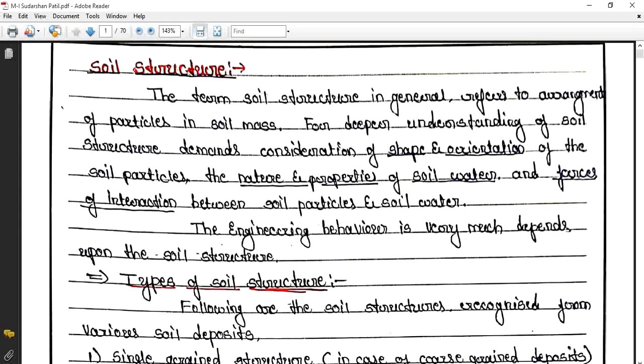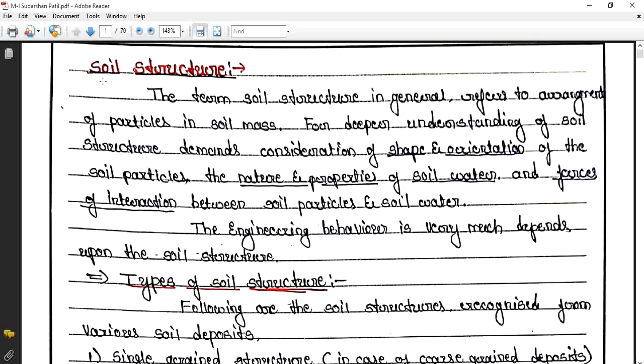So today we are going to discuss the soil mechanics subject. So you can see over here, a few of the points which we have left out in module number 1 and module number 2 we are going to cover today. So you can see soil structure is a basic component of soil mechanics, and you need to study the soil structure as an introduction to soil mechanics. In your syllabus particularly they have mentioned the soil structure.